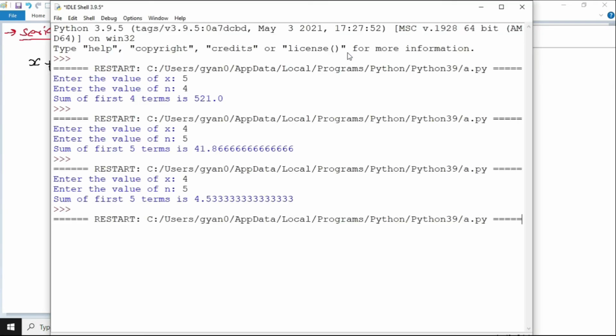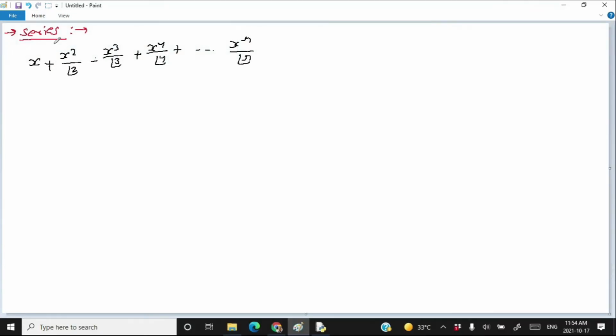Run module. Let me write here 4 and let me write here 5, and this is my value. So hopefully you are getting all these concepts. Now let's make it little easy. Instead of writing factorial 2, let me write here 2, 3, 4 and n. So we have to divide with 2, 3, 4 and n.